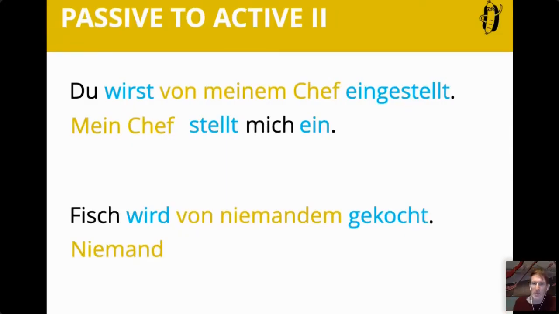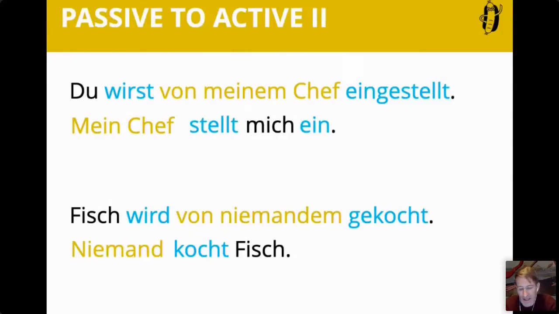The verb is pretty simple. Even if this is your first lesson, you might be able to get it 90% right. Lose the GE. And that's basically it. "Niemand kocht." And now how do you turn fish into the accusative? Very simple, because fish doesn't have an article here. So you just take "Fisch". If it had an article, it would be "einen" or "den Fisch" indeed. "Niemand kocht Fisch." Yeah? And again, what you learn here is basically covering A1 to B1 level